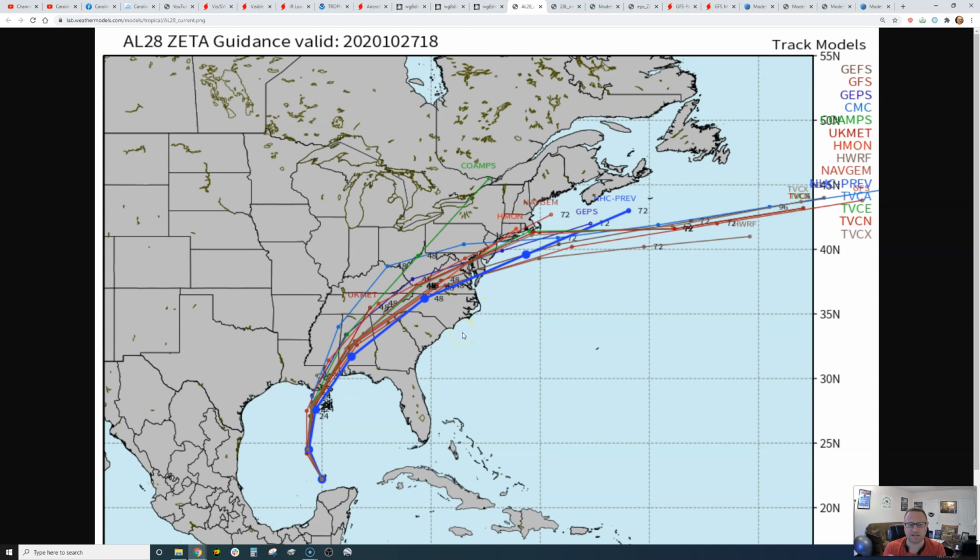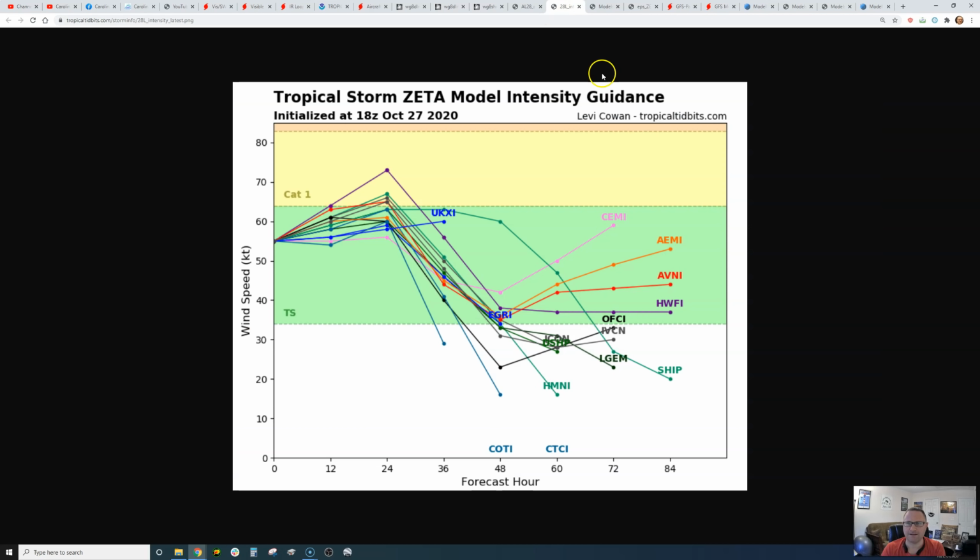So there is some chance that New Orleans could be spared the absolute worst, but for the most part, we're looking at pretty much a direct hit on New Orleans, the first one since Hurricanes Cindy and Katrina back in 2005. So we've actually gone 15 years since the last hurricane to officially hit New Orleans, although New Orleans, of course, has had some side effects of storms, and they've had 6 or 7 threats this year that haven't quite panned out for them, but I think the luck runs out this time